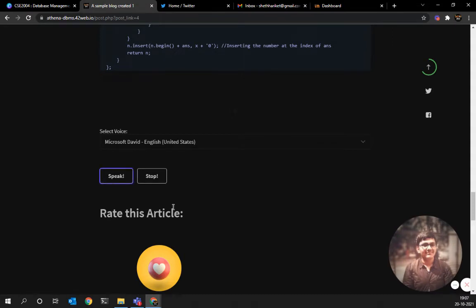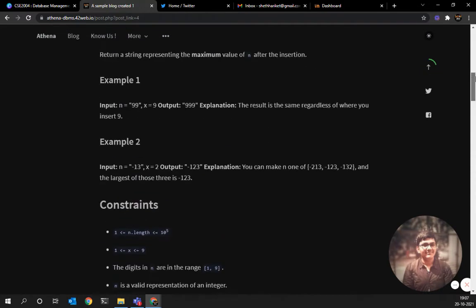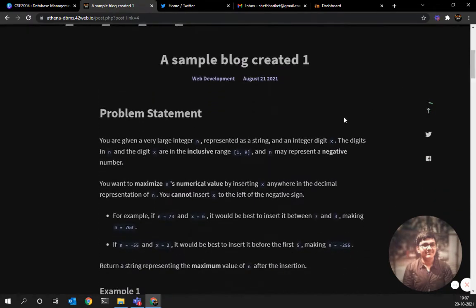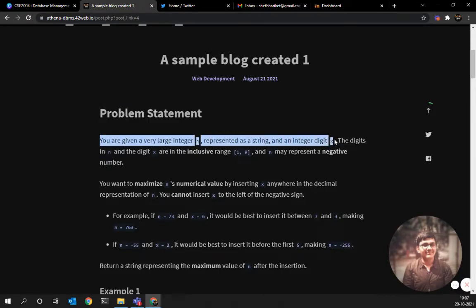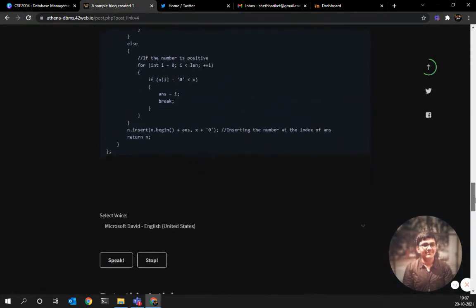Greetings, thanks for visiting our portal. You are reading the article with title A Sample Blog Created One by the author Hariket. Hope you enjoy reading the article. Problem statement: you are given a very large integer n, represented as a string, and an integer digit x. The digits in n and the digit x are in the inclusive range 1, 9, and n may represent a